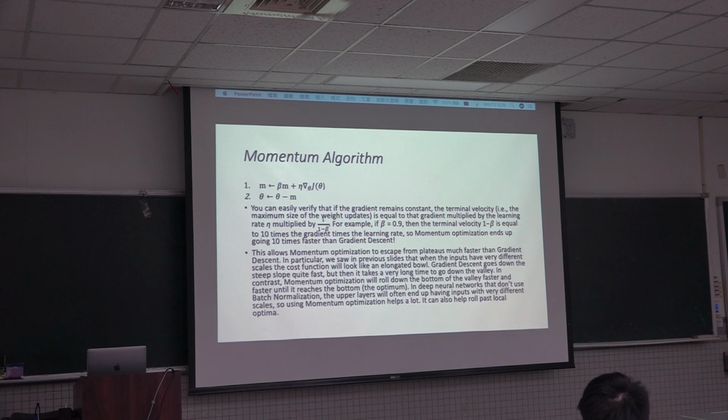When beta is 0.9, it's going to move 10 times faster than the regular gradient descent optimizer. So it tells you how fast the momentum optimizer can move, compared with